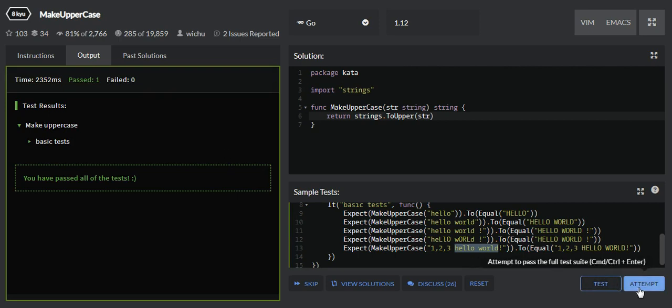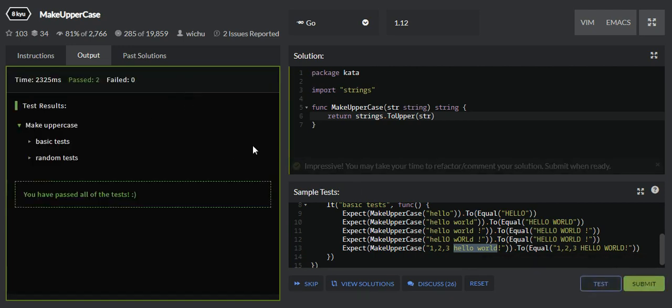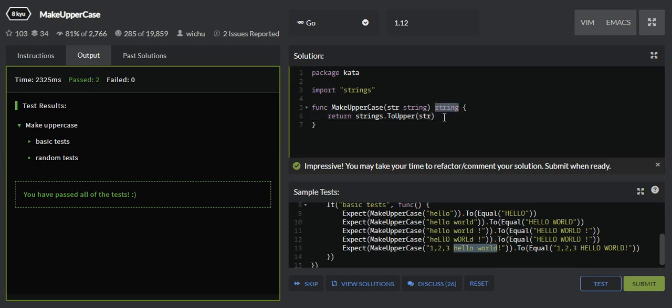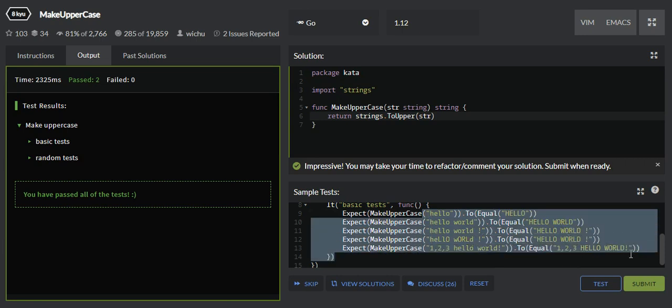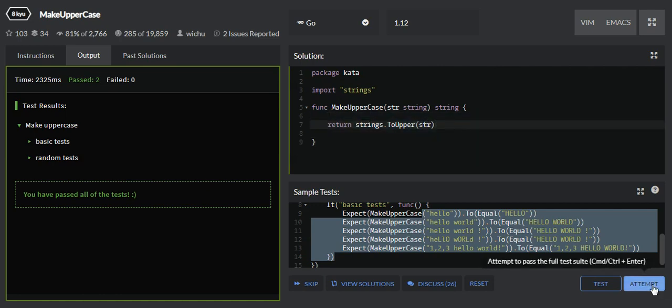Now I will attempt my code. Even the attempt is successful. There were 2 test cases present in the attempt, and if you want additional test cases to check before attempting, or if you are facing some kind of issue in your code, you can go through these test cases beforehand and check whether all are working correctly for you. As I don't need to do any further modification or refactoring, since we have already converted 2 lines of code into 1 line, let's attempt the code.